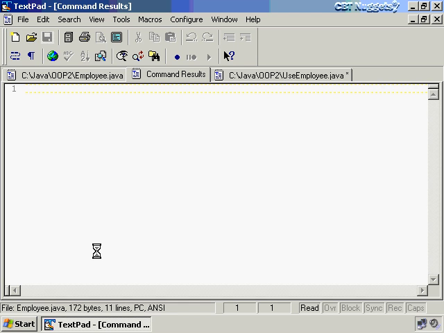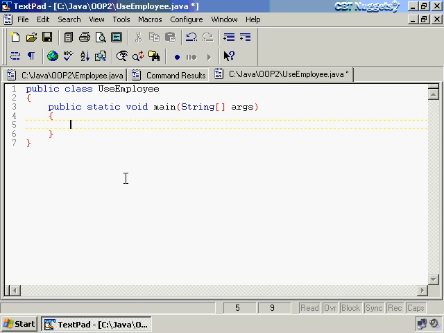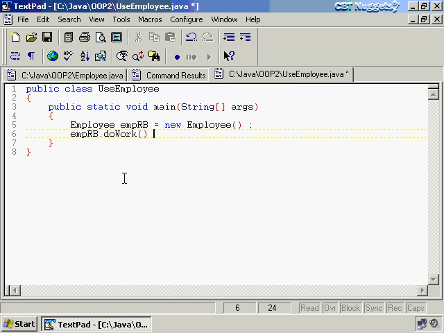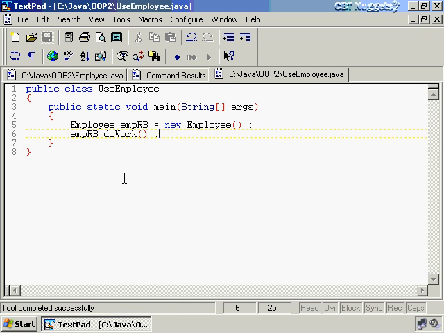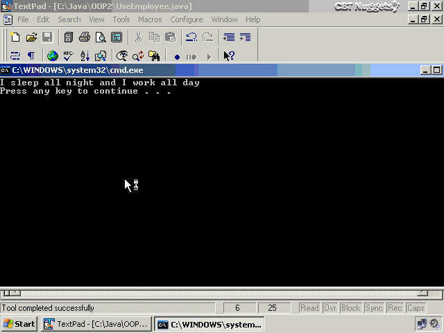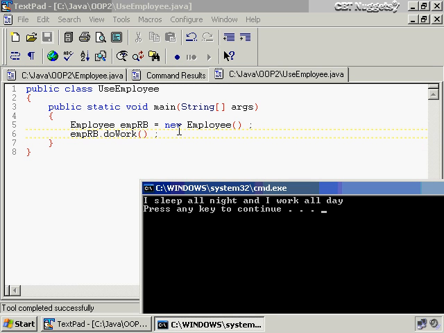Then what we're going to do is we're just going to use that method. Okay, so now that it's compiled, let me go ahead and create a new employee. Employee empRB equals a new employee. And all I need to do is say empRB.doWork, and let's see what happens. So I press Control 1 to compile, and I'll do a Control 2 to run it. And here you can see that I sleep all night and I work all day is printed to the monitor,